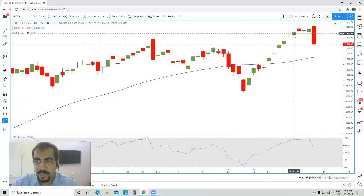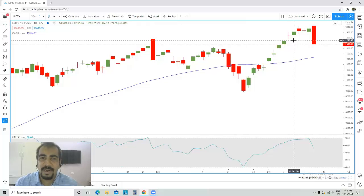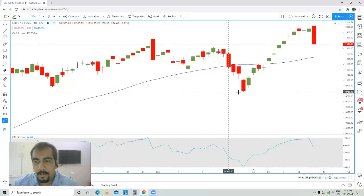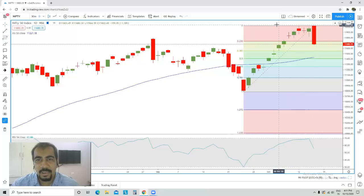Even this one is a spinning top, and we had a couple of dojis. So possibly since the last 4-5 days, the market was extremely range bound and confused about exactly where it wanted to go, and suddenly today we saw a very big sell-off. As of now, it is pointless to even try to predict whether we are going into a very large correction or not, because there are not many signs available